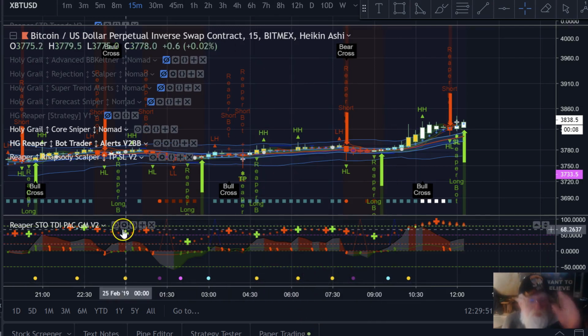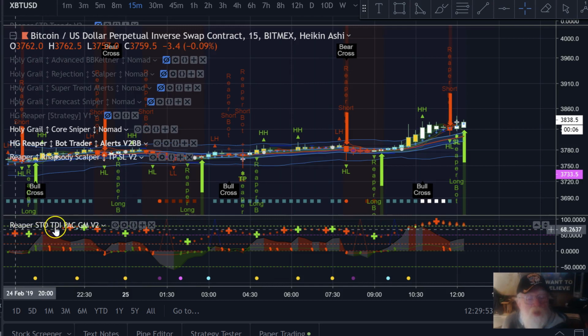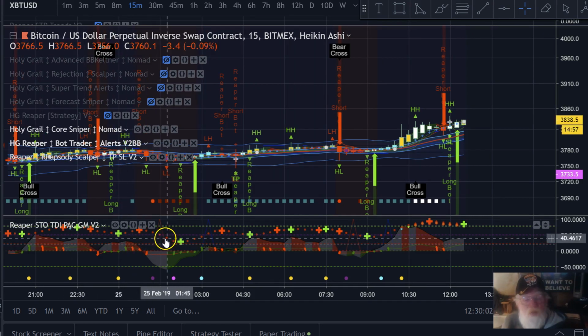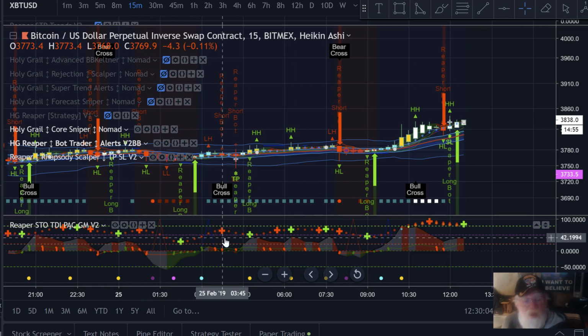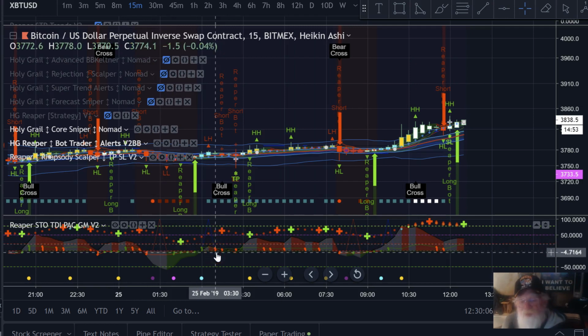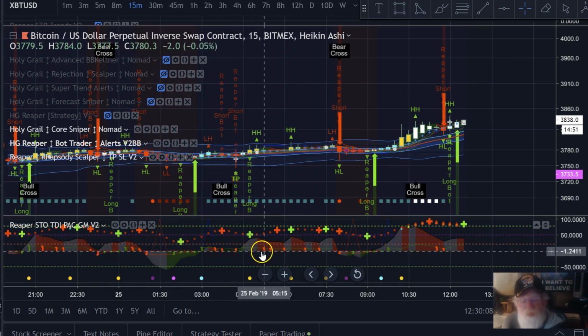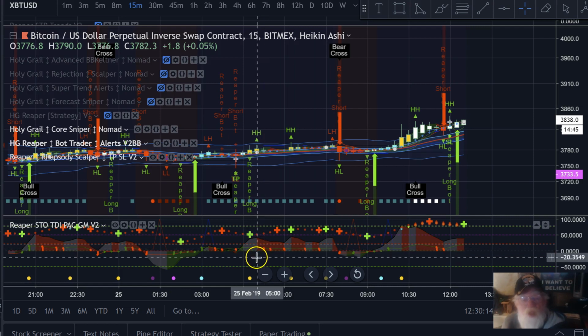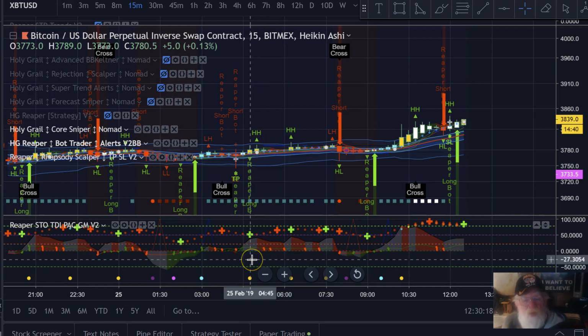Now, this one down here. This has got a lot going on. When you first load it, you're not going to make any sense out of it. It's got an updated God mode in it. It has got trend and volume indicators in it. It has got TDI in it. It has volume indicators in it. What you're seeing right here, right now on my screen,